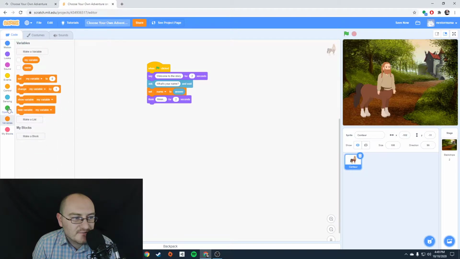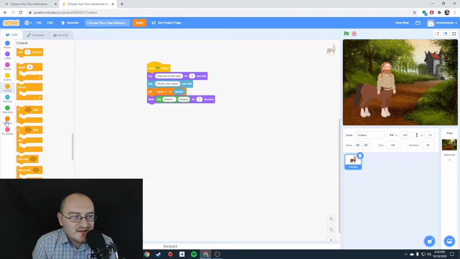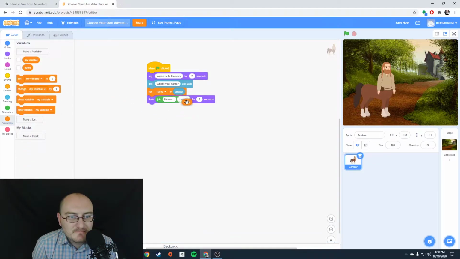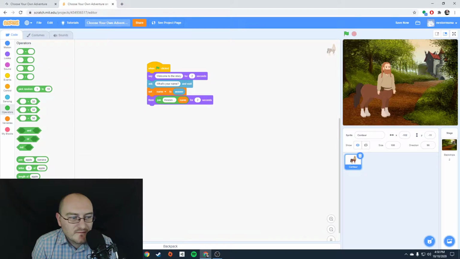Hold on a second. Oh, there we go. Join, because we want to join some text. So I'm going to say hello, and then in here, I'm going to use the variable name. And I want another join block, actually, because I want to continue this. So join